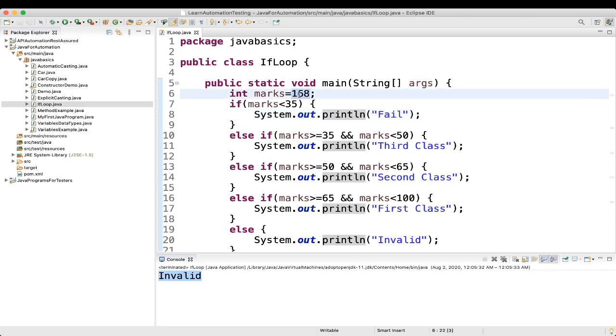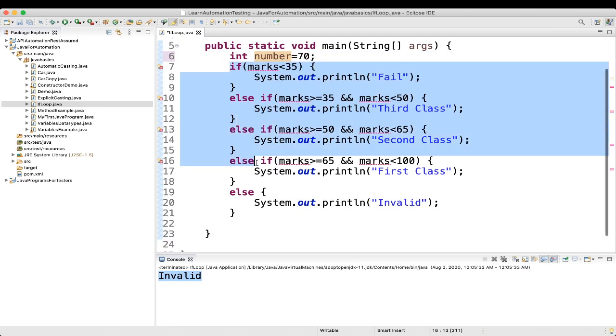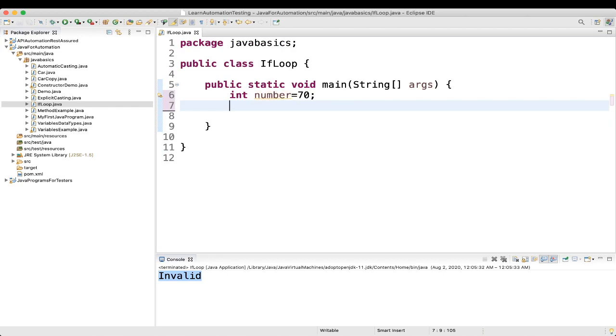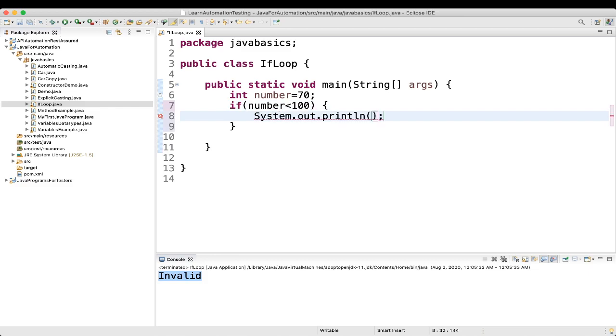For example, let me take a number, say 70, and let me remove all these logics. What we'll do here: if the number is less than 100, we print that the number is less than 100.